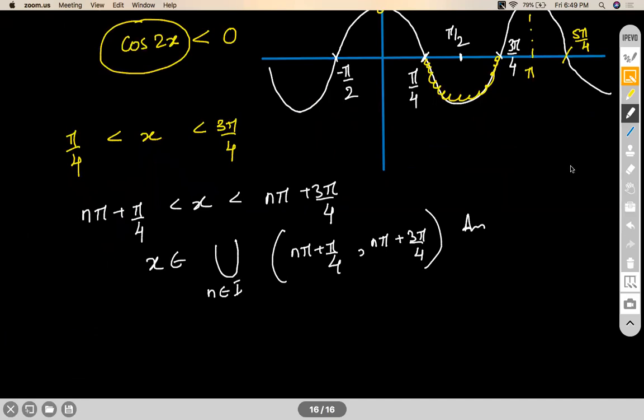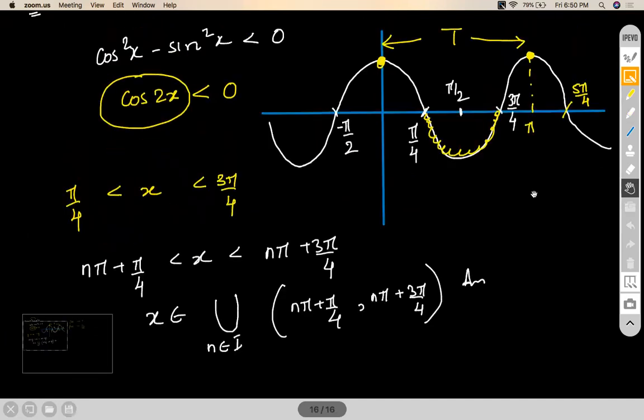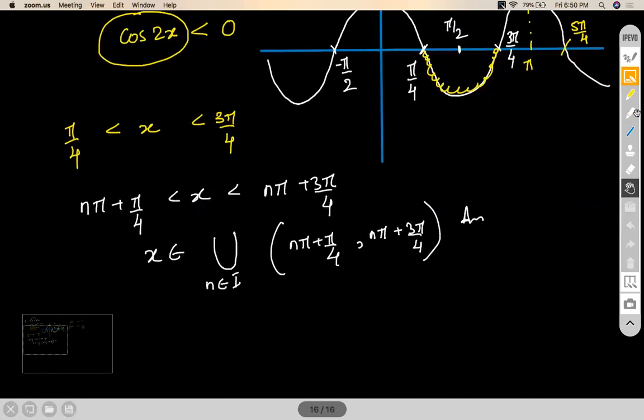We'll see, Aryan, if time permits, we'll take up limits also. But I really doubt whether time will permit us, because I can find that you people are making mistakes in equations involving trig functions.